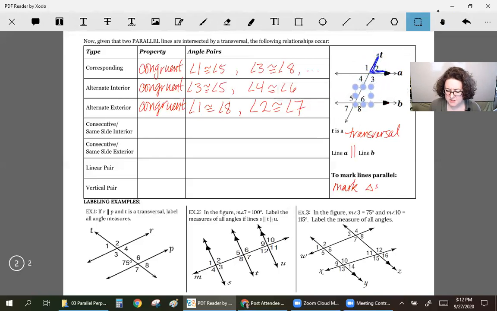In fact, I could just take that angle and move it right down to angle 6. Angle 2 and angle 6 are corresponding angles, so I know they're going to be congruent. So if I started with angle 6,